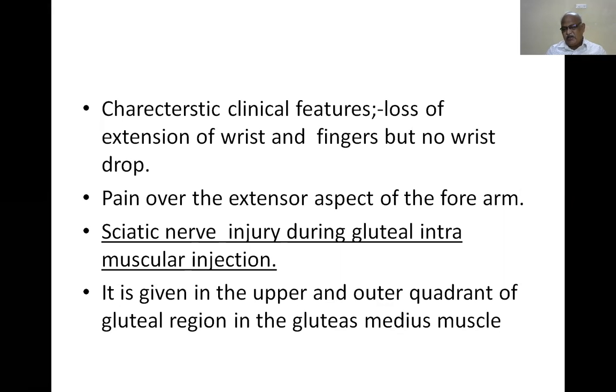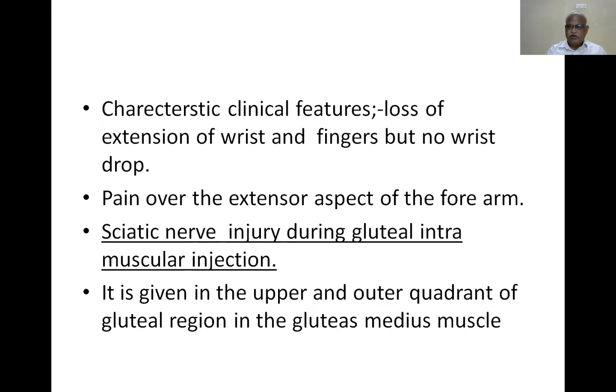For a better understanding, you have to see the sciatic nerve supply. You have already completed your dissection. Go through the dissection manual once again, to see where the sciatic nerve originates and how it goes downwards. If you see the sciatic nerve, you can divide the gluteal region into four quadrants. The sciatic nerve runs below the upper outer quadrant, and a major blood vessel is also there. So if you give the injection in the center of the upper outer quadrant of the gluteal region, that is the correct method. You have to give the injection deep into the muscle, 3 to 5 millimeters.